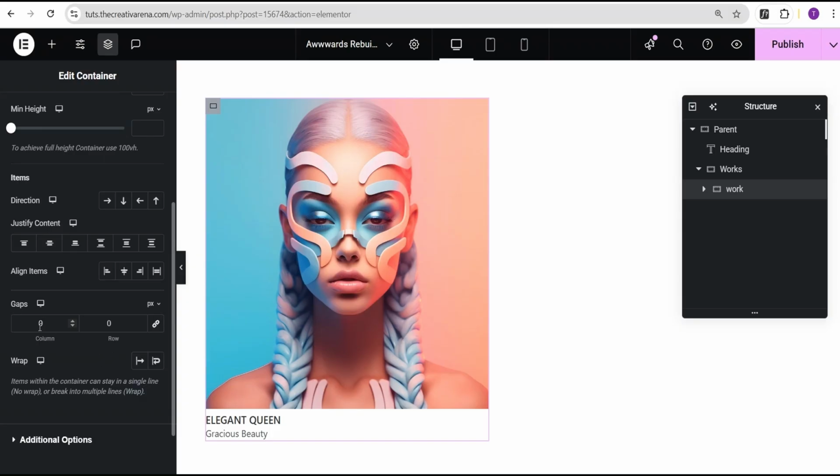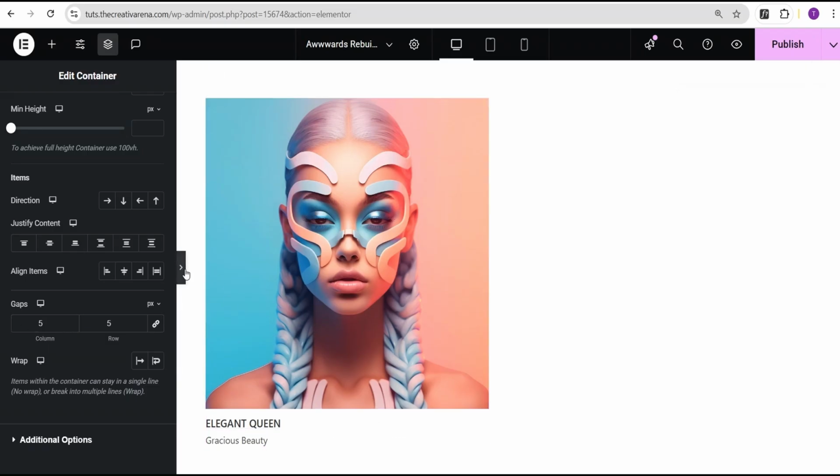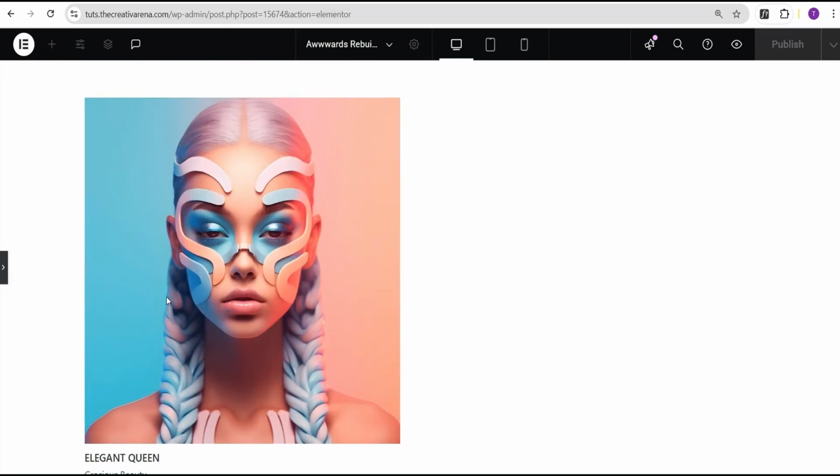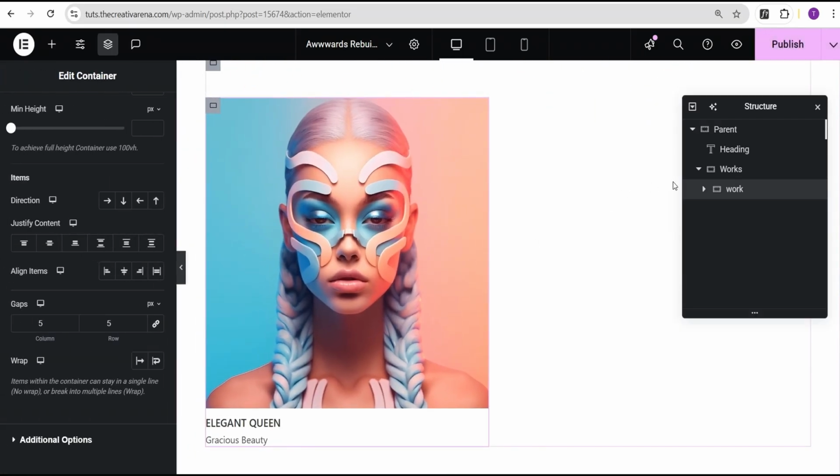And then maybe give it a value of two, let's increase it to five like that. Okay. So this looks great. This looks better. Okay. So now what I'm going to do next is I'm just going to duplicate this